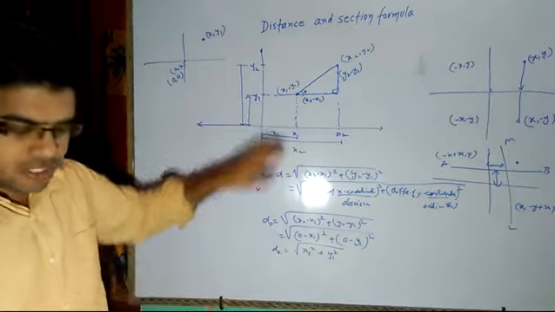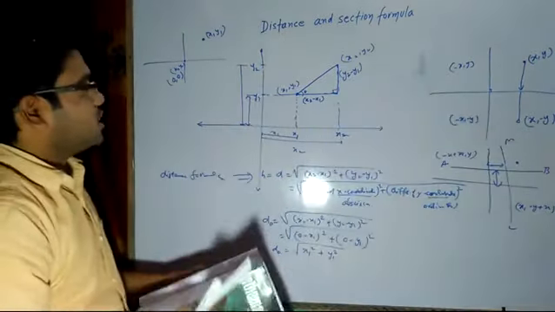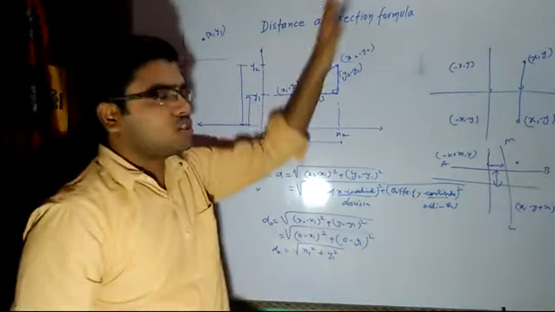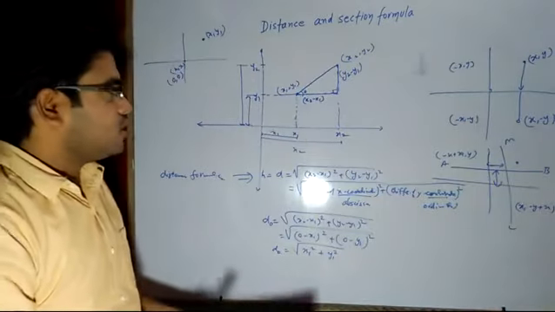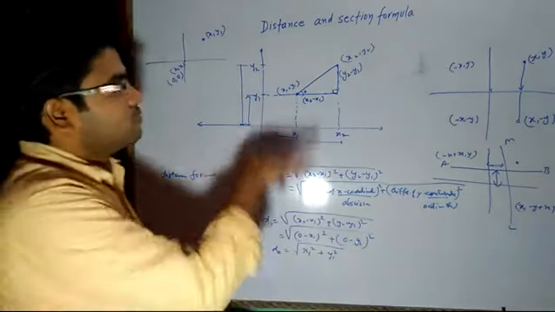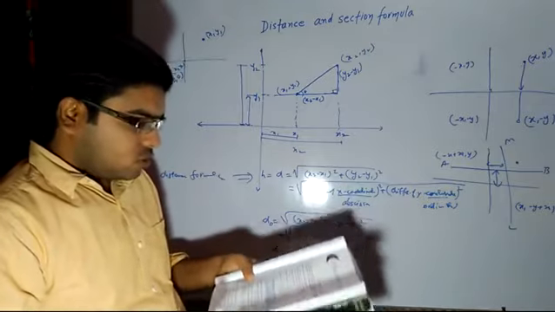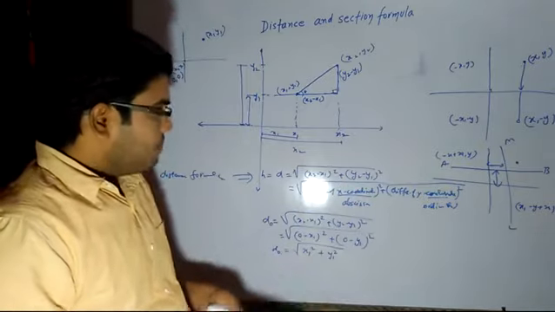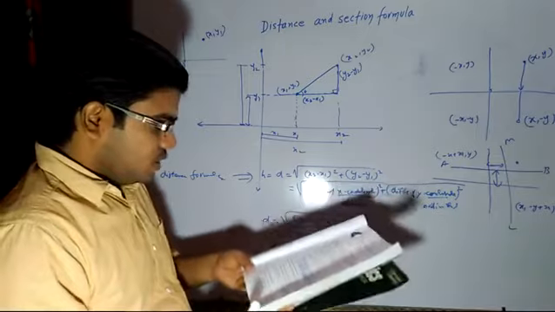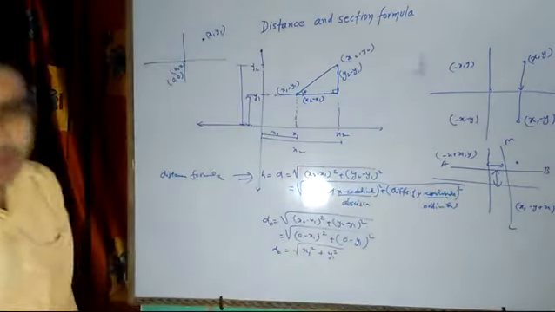All of you must have already studied distance and section formula in class 9th. This chapter was there, the distance formula was there, and the section formula is included as a part of your 10th class syllabus. So I don't think there will be any problem in solving numerical problems based on these formulas. Now, what we have to see is when a triangle is there, an isosceles triangle. First let me clean the board.